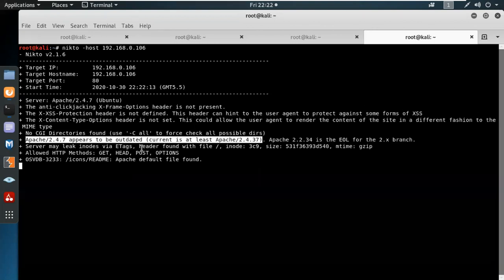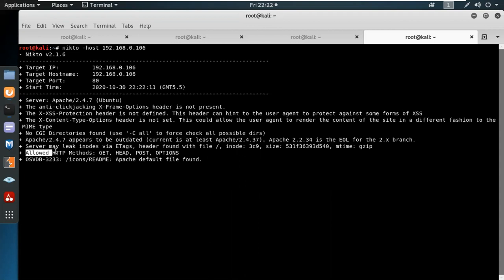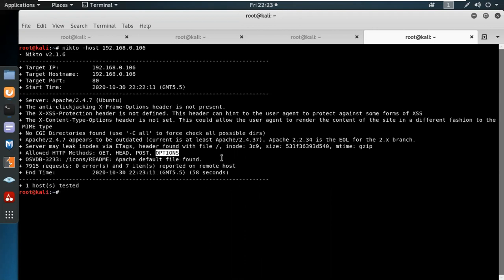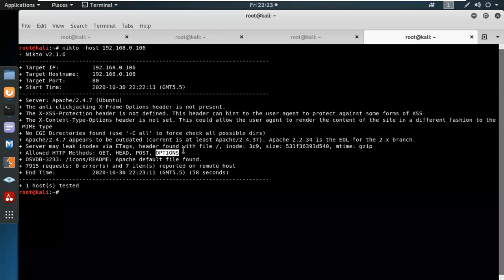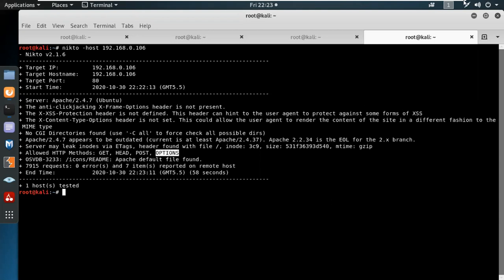Server may leak inodes via ETags, header found with the file. Okay, we have allowed methods, which are GET, HEAD, POST, and OPTIONS. If we have the GET header, the OPTIONS method will allow us to simply identify what server methods are allowed over there, like PUT, MOVE, or TRACE methods. So through OPTIONS, you can verify it. If you are doing pen testing for a web application, you should use your Burp Suite, and you should know about the POST option. For example,